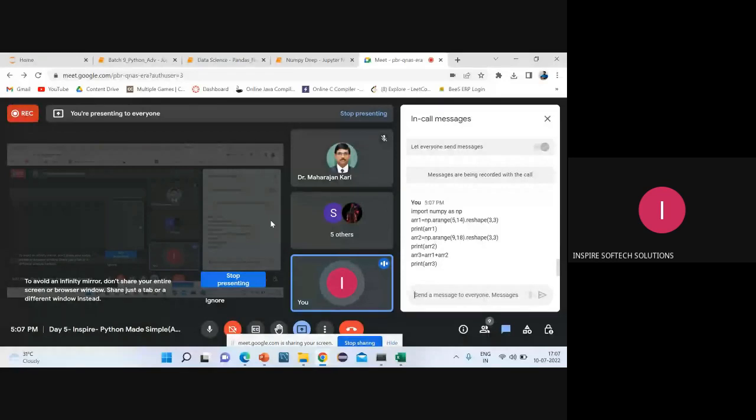But see here, we are able to reshape flexibly. If you want to make it 5 cross 3, we can, and 3 cross 5 also we are able to make. So this kind of advantage we have in numpy. This is the reason we say it is convenient for the user when you're going with project implementation.